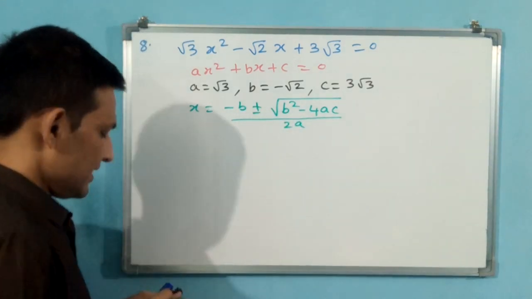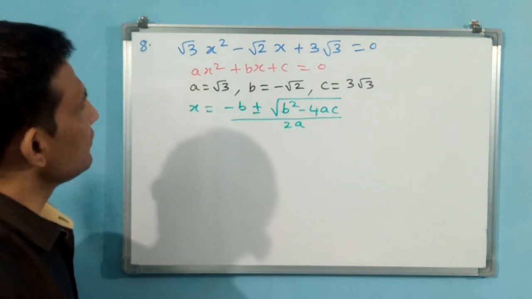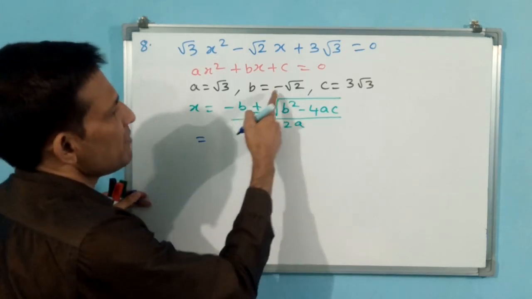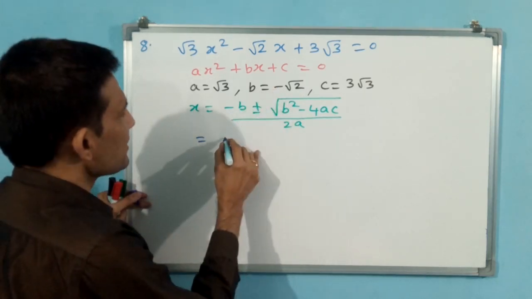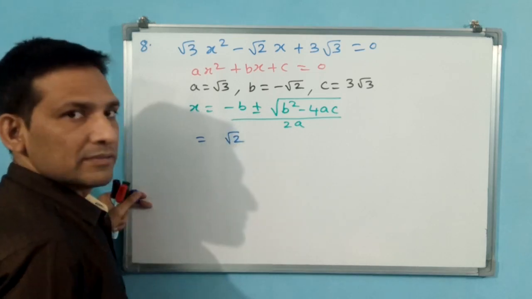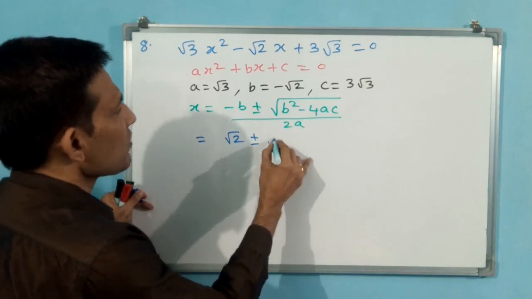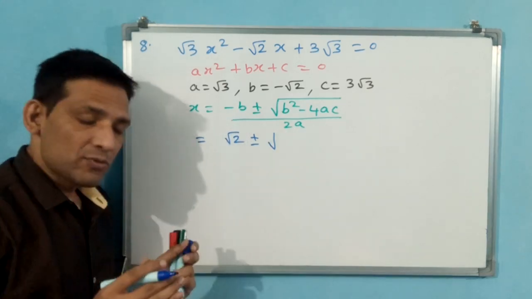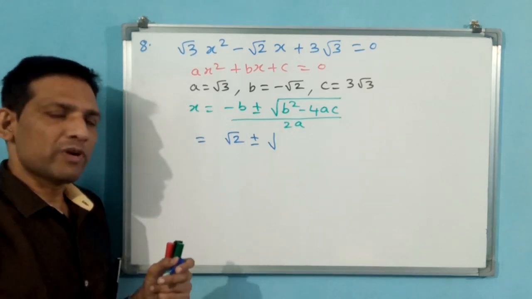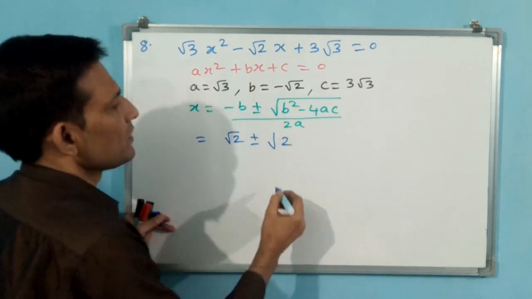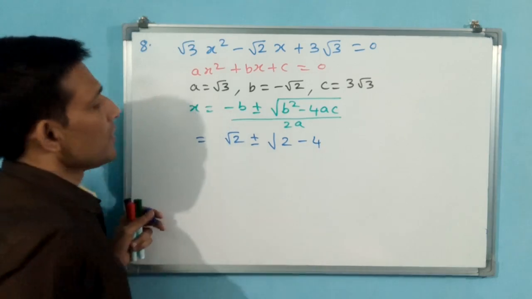Okay. This is the formula. Then you substitute now. Let us try to substitute. Minus b means already minus is there. Shall I write plus root 2? Directly I can write plus root 2. Okay. Plus or minus square root of, you see, minus root 2 square or plus root 2 square, both are going to give 2 only. Root 2 square is 2. Okay. 2 minus 4 a into c.